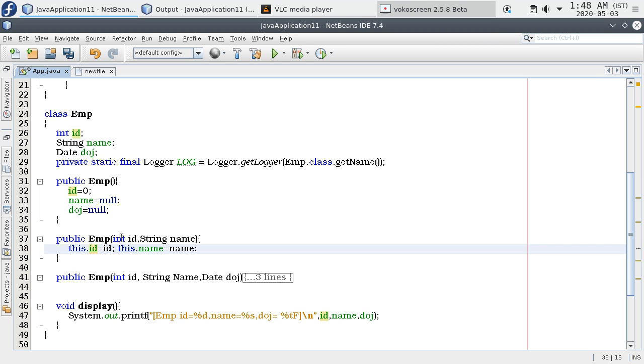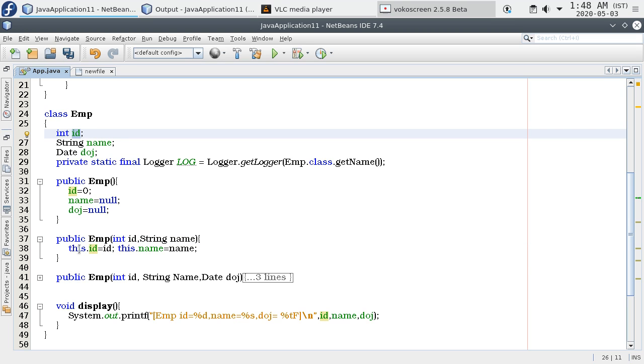Problem here is, first parameter is id, which has same name as instance field name. That means it is hiding the instance field name. In order to avoid that, we need to differentiate between this formal parameter id with the instance field.